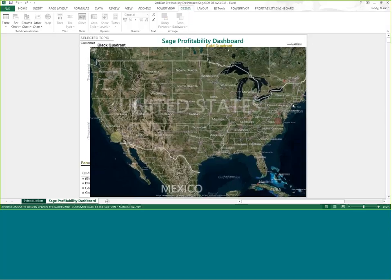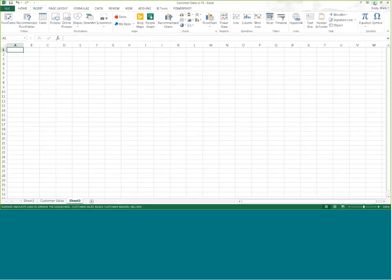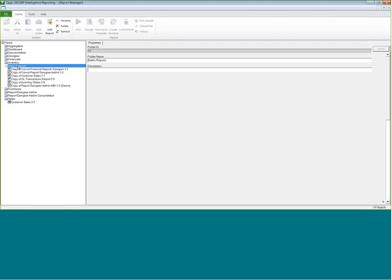Now, I'll admit that this report template does not apply to every single business model, but I love showing this report because it shows you just what's possible to design using Microsoft Excel and Sage Intelligence. Now, some of these report templates that we give you out of the box will handle a majority of your needs, although you always have the ability to start completely from scratch and create your own templates simply by right-clicking and clicking Add Report. We'll give this a name of Test 123,